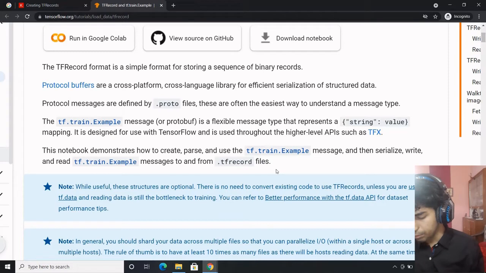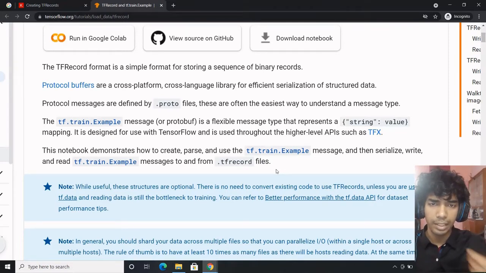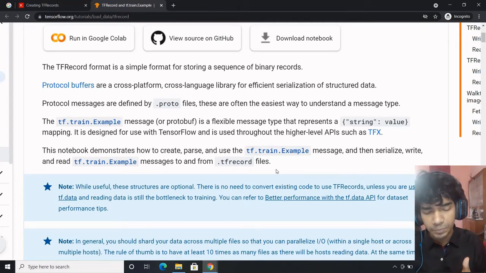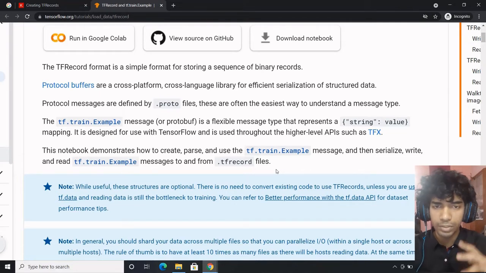TF records are basically, let's say you're eating food. There are two methods of getting the food. Either you can eat the food as it is, or you can process it. The more processed and more granular the food is, the better it is. In the process of digesting starch, it would be much easier if it is broken down into simpler forms rather than a complex food, the way it is in its initial stage.